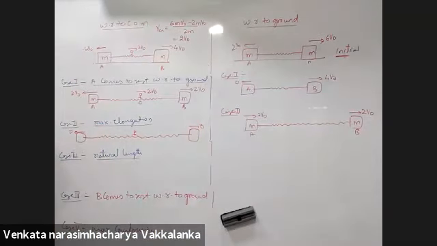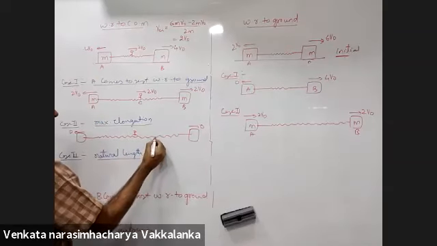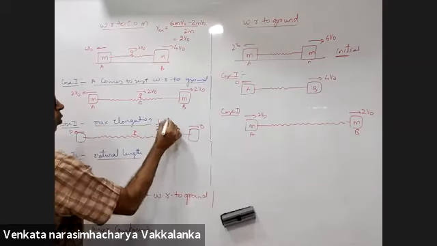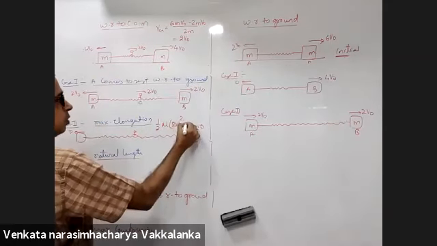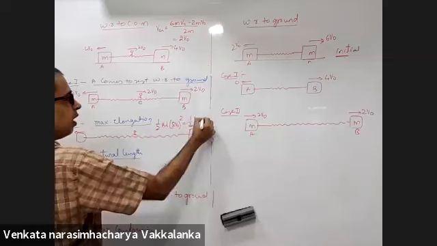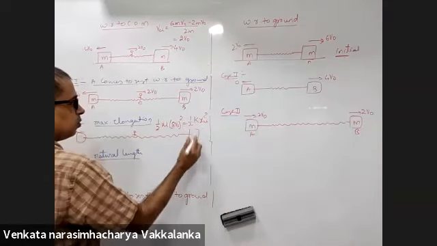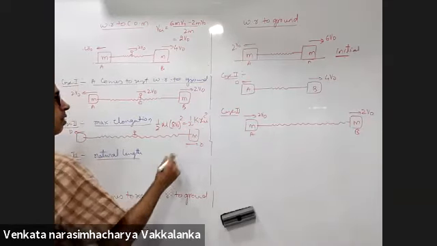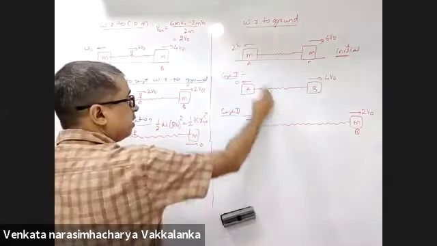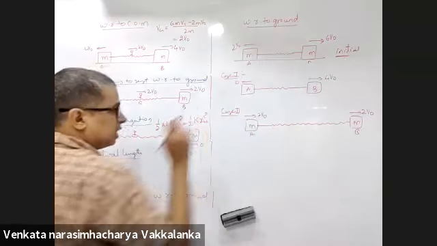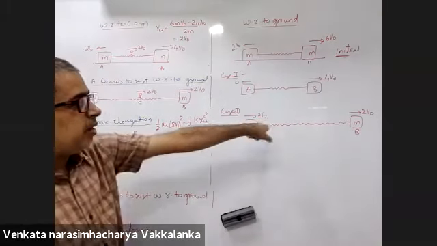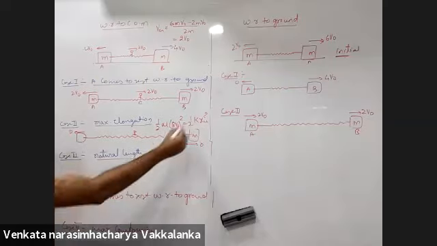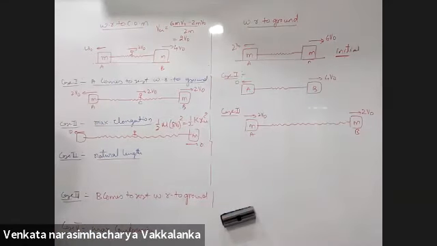You pretty well know how to do the calculation. Here you will say half mu Vr square, with Vr as 8v0 whole square, will go into half k x maximum whole square. You get x maximum. Here conservation of momentum, conservation of energy, we have already done that, and you know that A and B should acquire the same velocity, you will get the x maximum value. Can I bank on you people for that simplification?